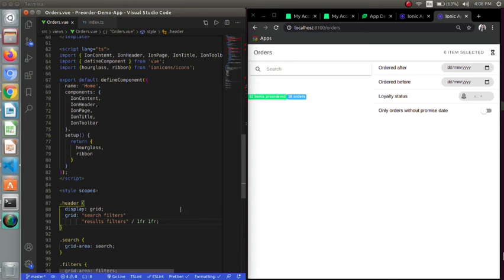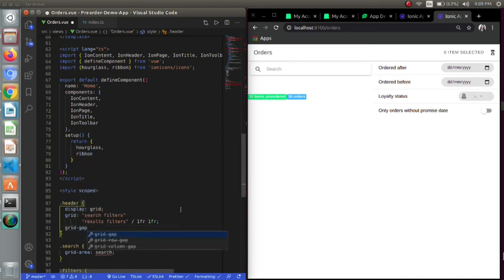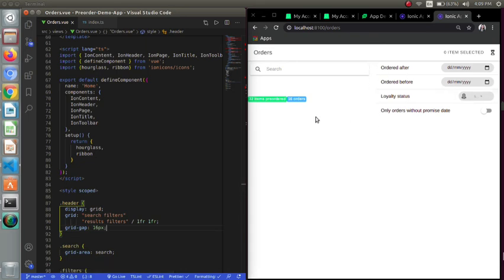Just save it, and both of them are in the area of 1 fraction. They are using 1 fraction each. Now I will give some gap, and we are able to see a 16 pixel gap between both the grid.